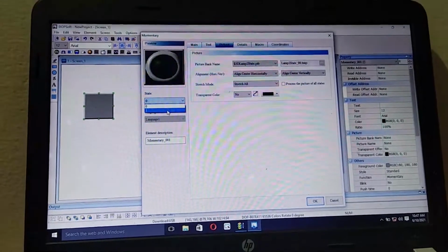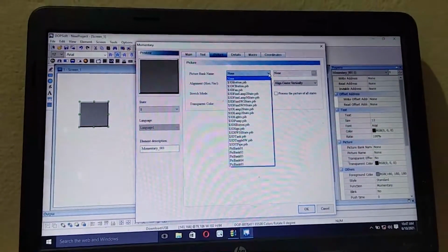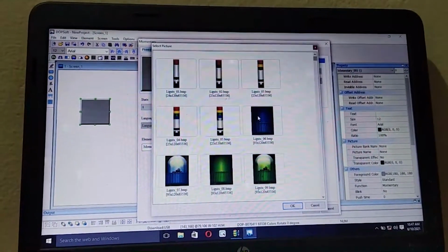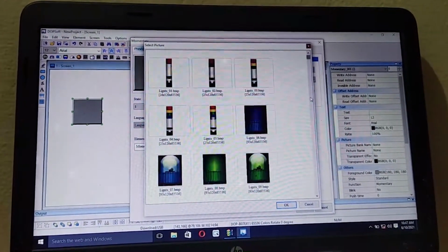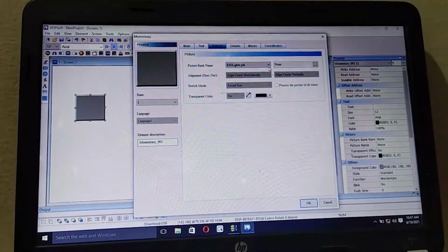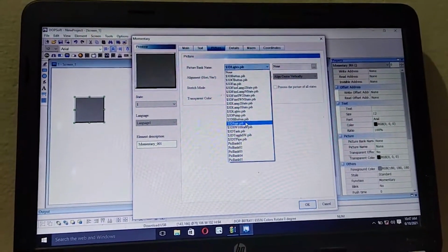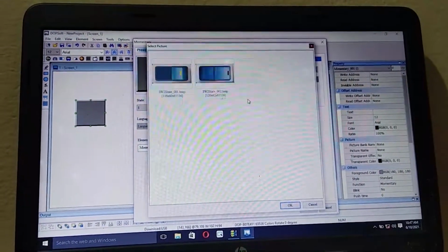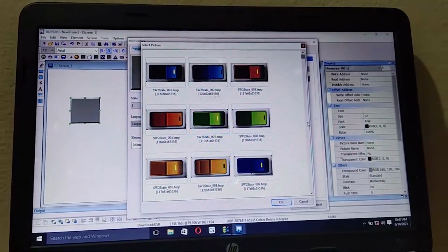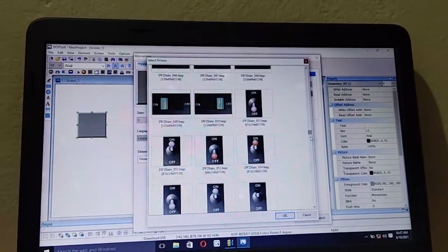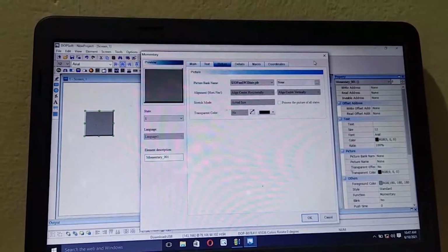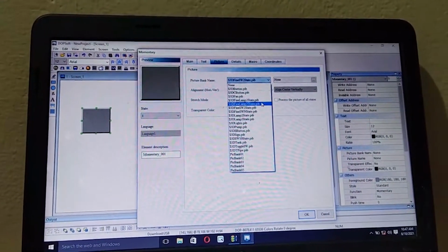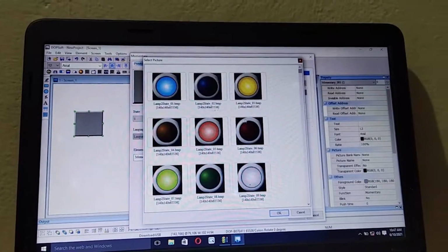After that, for one state, this is not suitable. This is also no need for us. So you can go to the same.